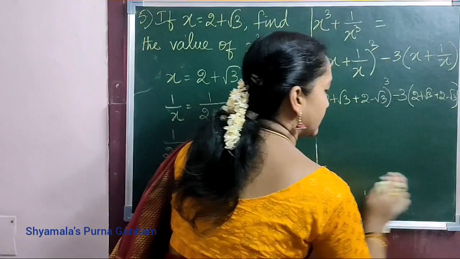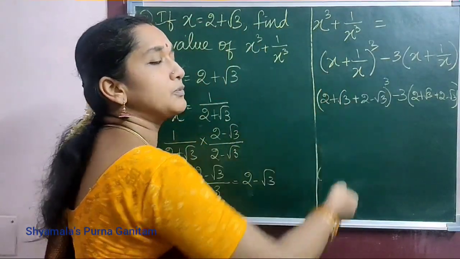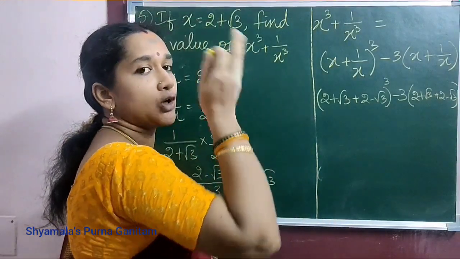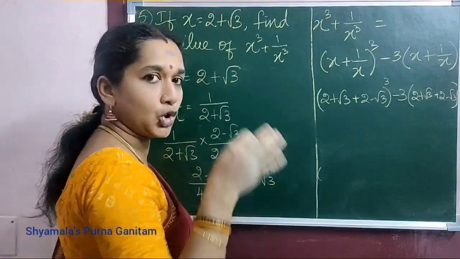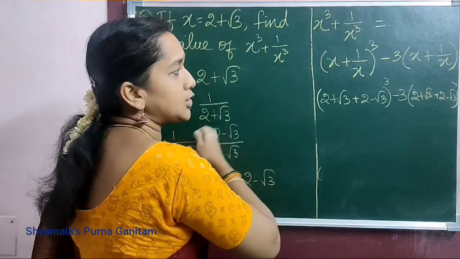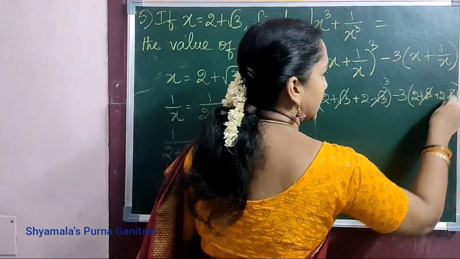Okay. So now you simplify. Now for this, after the simplification will be easy. Instead of doing the cube for that given question, (a plus b) the whole cube, (2 plus root 3) the whole cube, using the identity may be difficult. Instead of that, you can use this method. So plus root 3 minus root 3 will get cancelled.